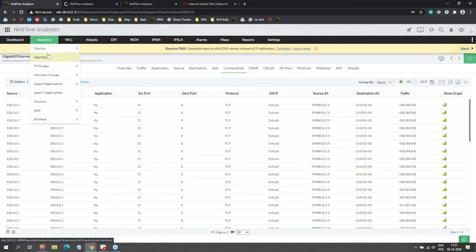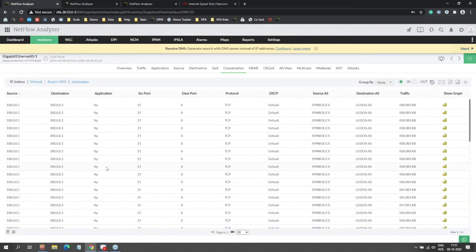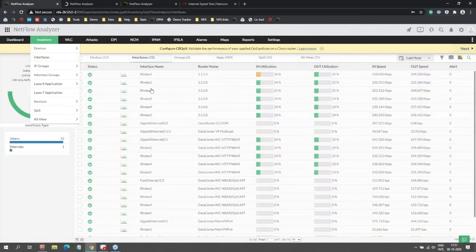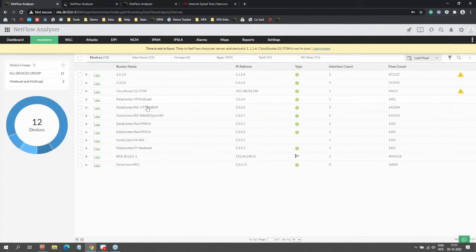This basically means you have sent the flows directly from the device, like you manually typed in the commands and exported the flow. When you do it this way, only the flow packet comes in, and we will not be able to find out the name of the device, because we usually do it using the SNMP credential. So how we do that, again, let me show you. You just need to associate the SNMP in order to eliminate this IF index or the IP address name. If you do that, then this will be solved.